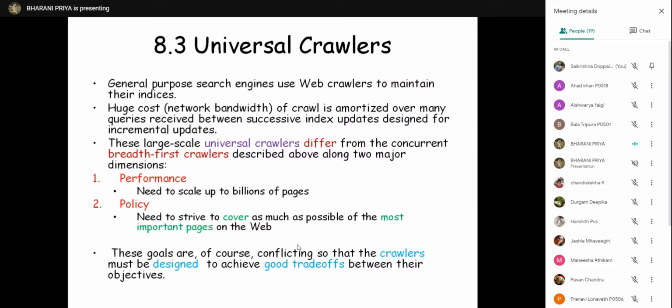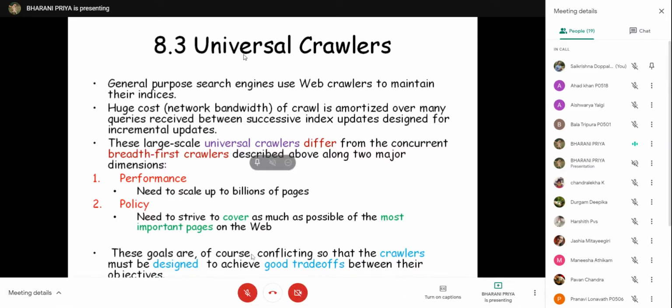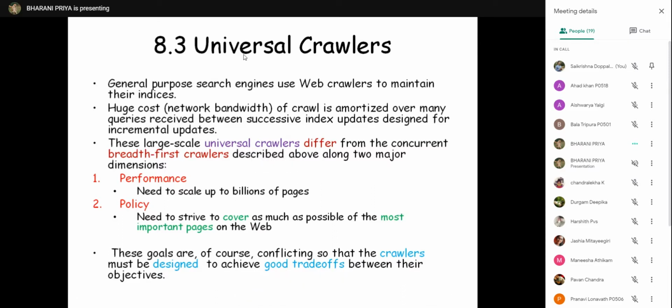Universal crawlers. In your syllabus, how many types of crawlers are there? There are two types of crawlers: universal crawlers and topical crawlers. Topical crawlers are again divided into focused crawlers.